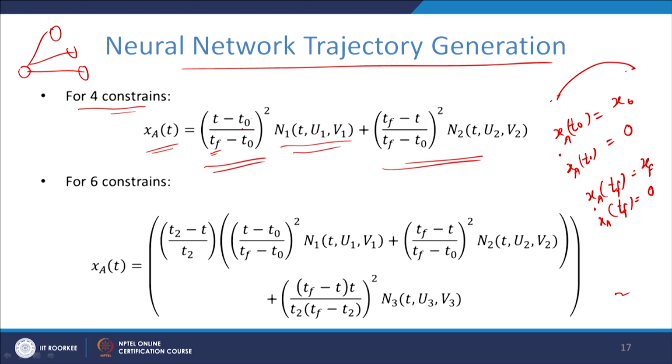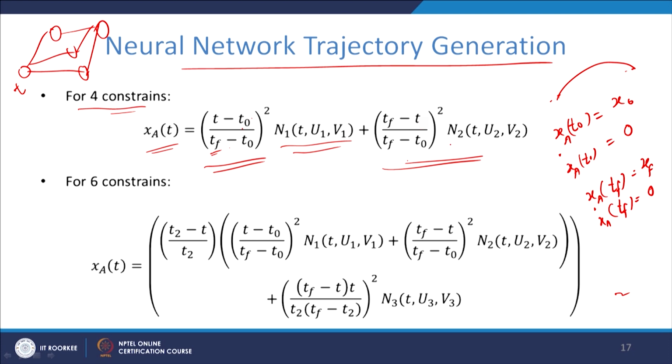Normally, for this type of problem we can consider one input, 3 or 4 hidden neurons, and one output. So, the value of the neural network after calculating the formula as given in equation 3 is the value of N1 for this particular input t. Now if we consider t equal to t0, the first bracket is not there, and here we have some constant value tf minus t.